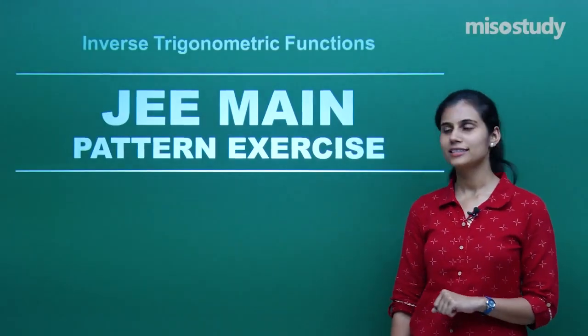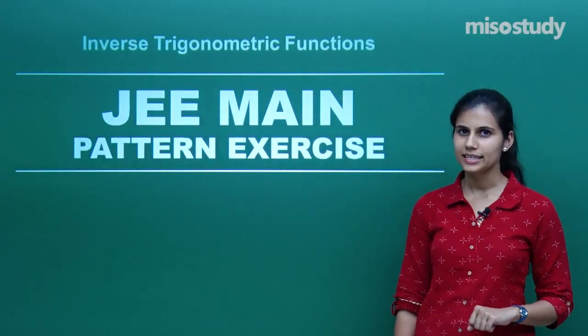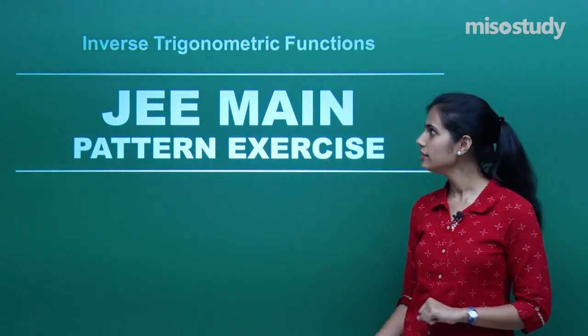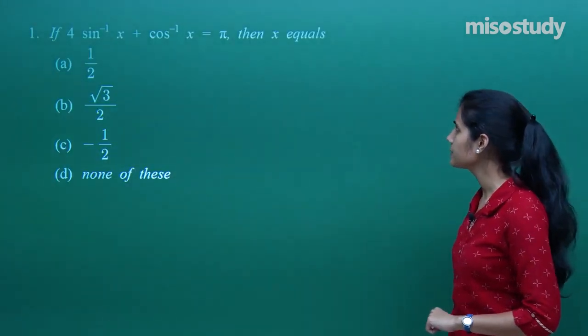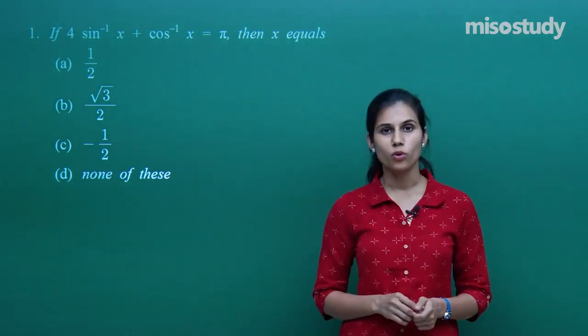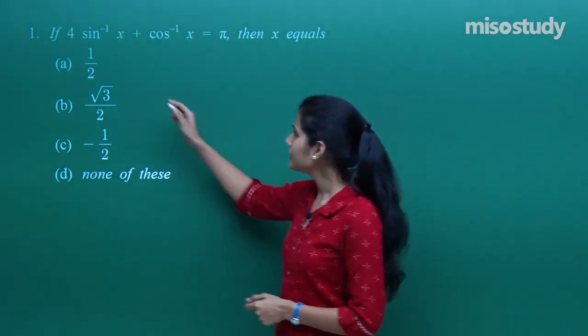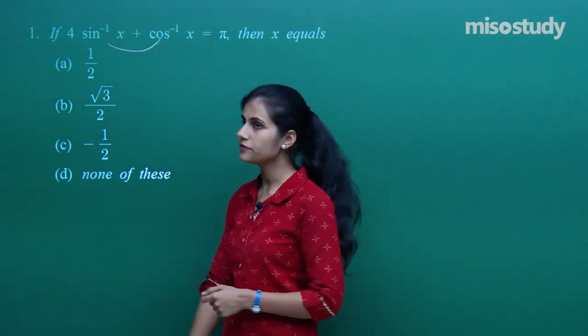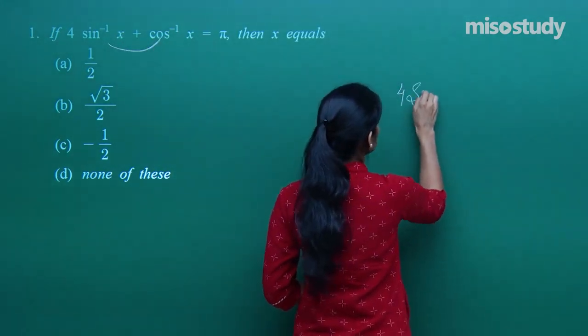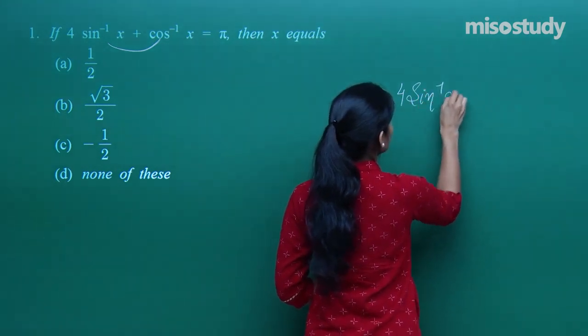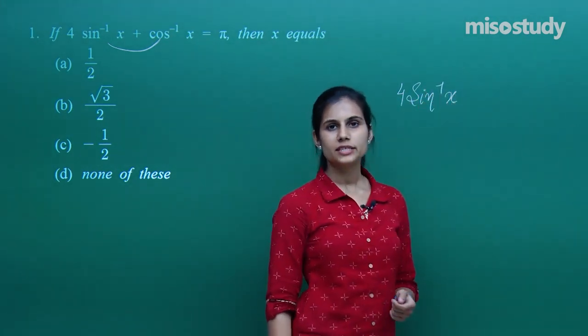So guys, let's begin our discussion over the JEE main pattern exercises for inverse trigonometric functions. The first question says that if 4 sine inverse x plus cos inverse x is pi, then x will be what? Now over here there is a clear connection between sine inverse x and cos inverse x being visible. So I will be interested in using the property